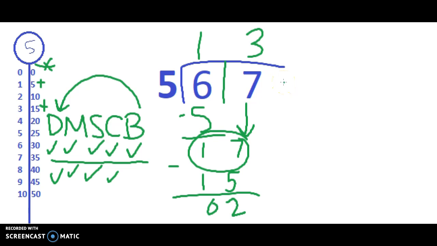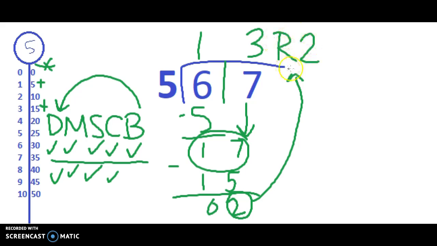I have nothing left to bring down, but since my answer at the very bottom is not 0, this tells me I need to circle my 2, give it a VIP elevator ride to the top, put an R in front of it because this is my remainder. This is what's left over. My final answer would be 13 remainder